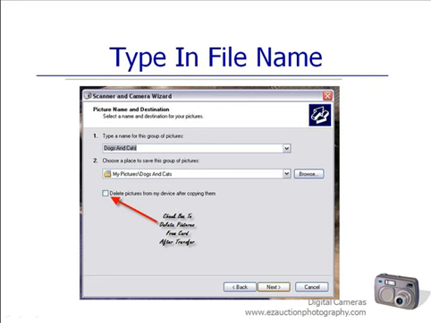Now if you're using Picasa to transfer the images over, Google Picasa, or you're using